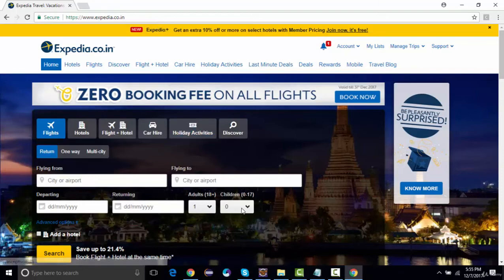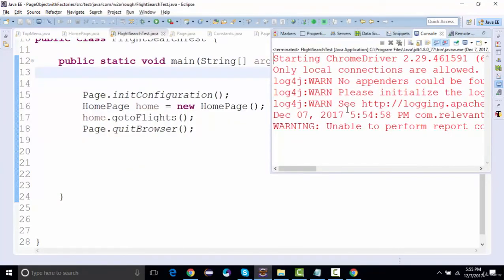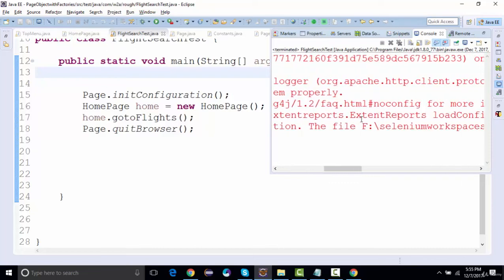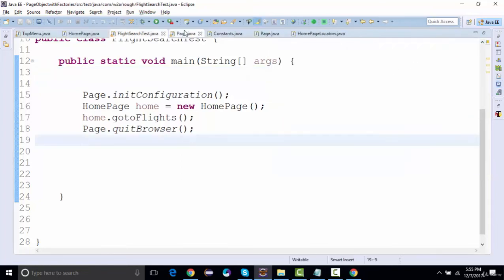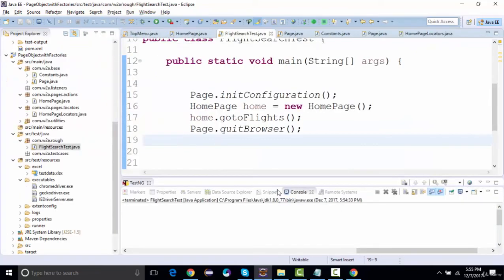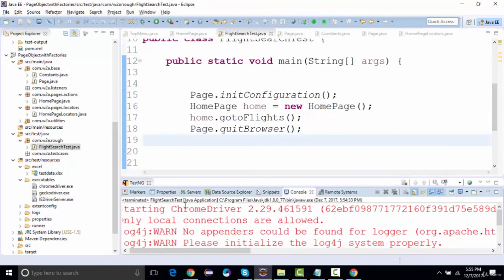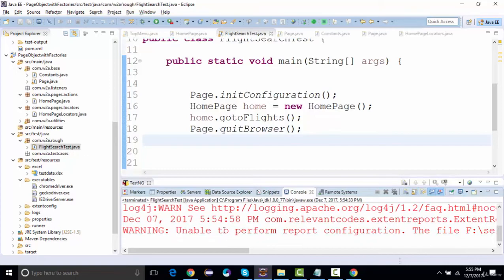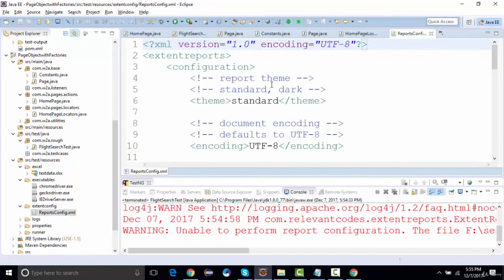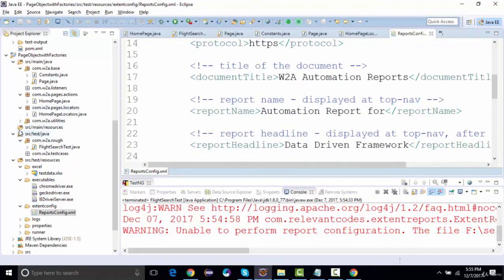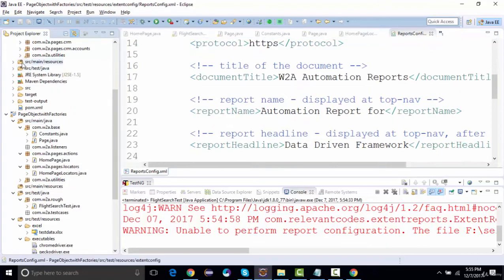Let's see, the browser is not quit yet. Unable to perform report configuration. The file src extent configuration was not found. Okay, again, there's an issue with the file that we were using for report config. In the ExtentManager class, we must have given the path